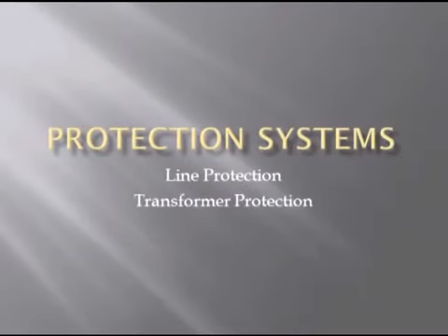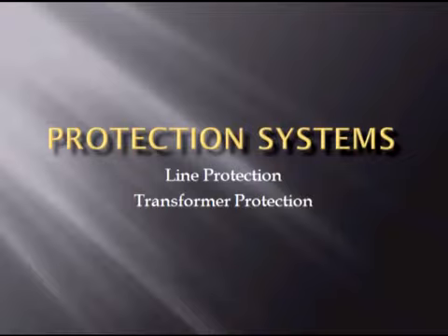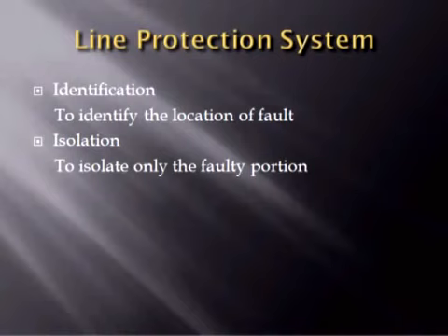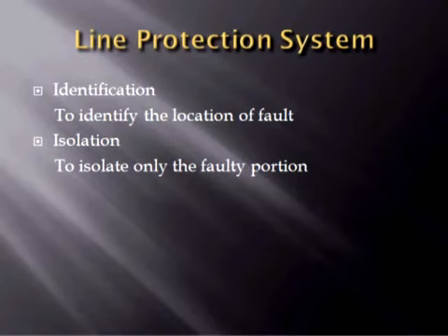This presentation is about the protection systems of electrical power systems. We will discuss two portions of protection systems, the line protection and transformer protection. The main function of line protection system is to identify the location of faults and isolate only the faulted section. The key challenge to transmission line protection lies in reliably detecting and isolating faults compromising the security of the